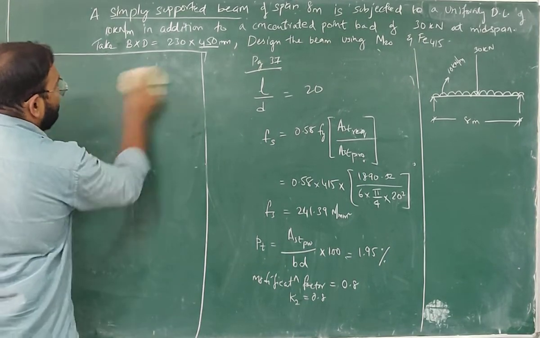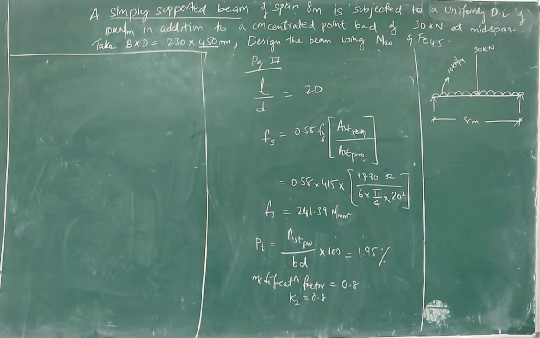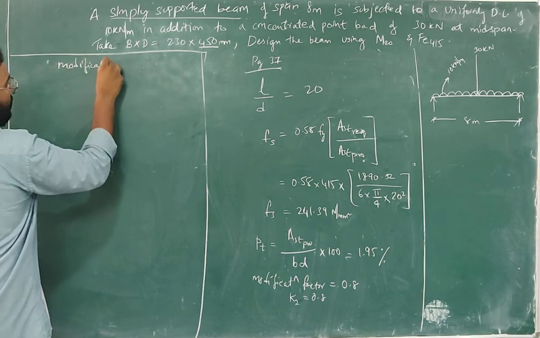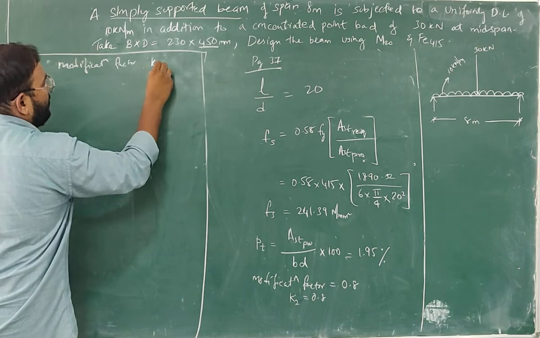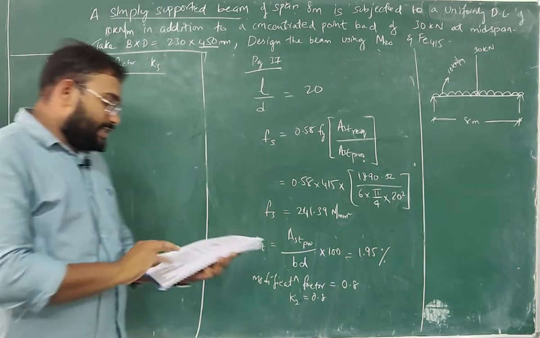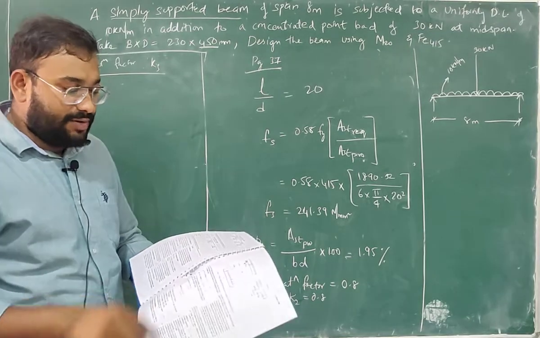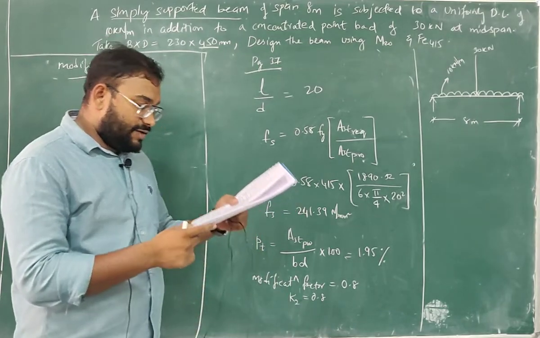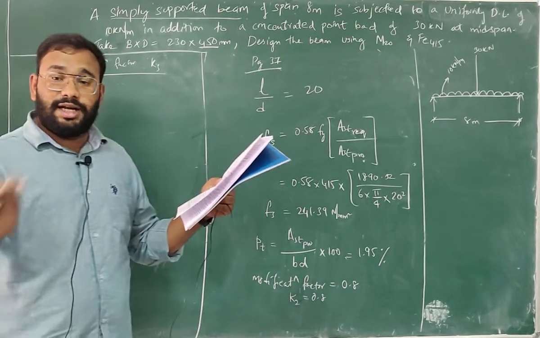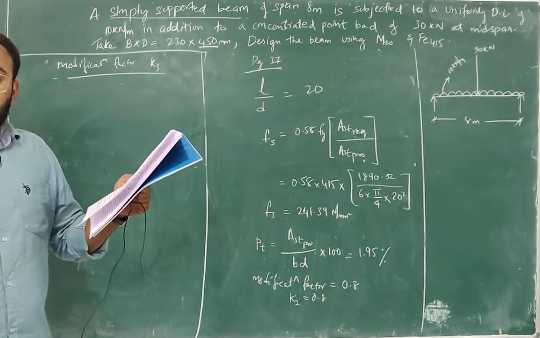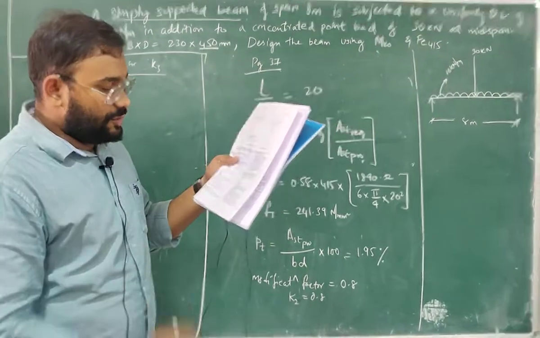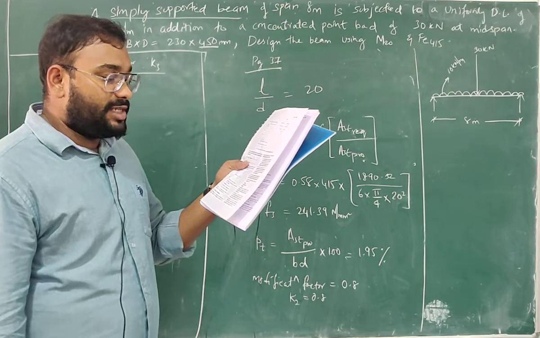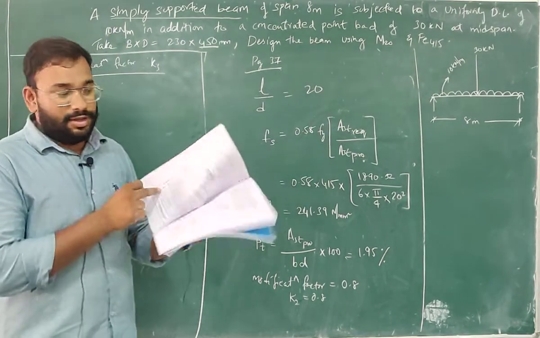Now the last factor is the K3 factor, which is again a modification factor. For modification factor K3, again you go to page number 37, read point D. In point D, it is given depending on area of compression reinforcement. Previously it was area of tensile reinforcement, now it is area of compression reinforcement. The value of span to effective depth ratio be further modified by multiplying with the modification factor obtained as per figure 5. So go to figure 5 now.